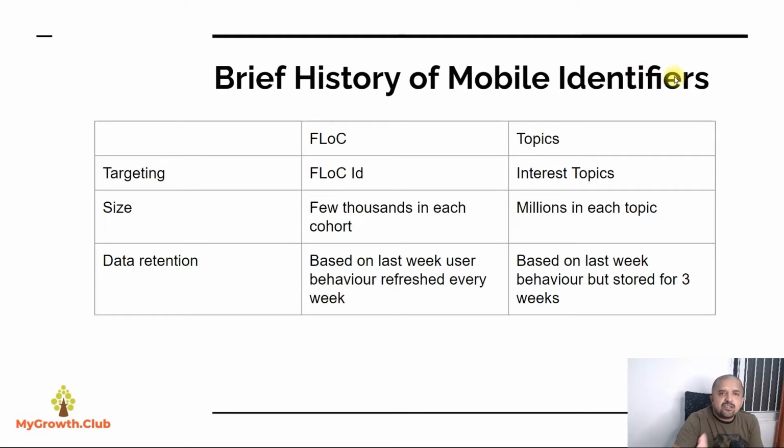The first and the most important difference between FLoC and topics is that the FLoC ID in the proposal for FLoC was a numerical or alphanumerical ID which would have represented a cohort of users, including a few thousand users in each cohort, who had similar interests or similar browsing history.